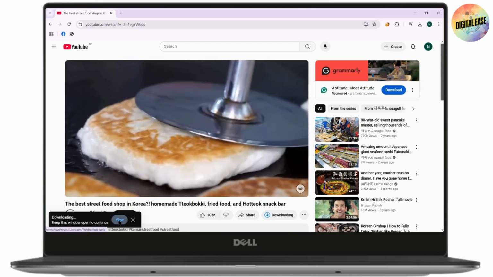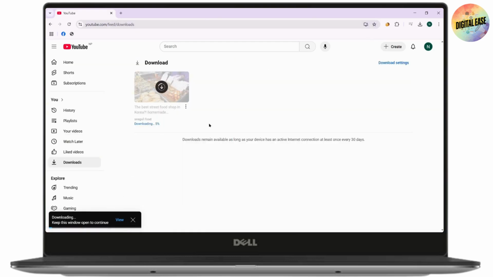You can go with view, which is here on the bottom left. And as you can see that it has started the downloading, and once it reaches 100%, it will be downloaded. That's how you can download your YouTube videos in